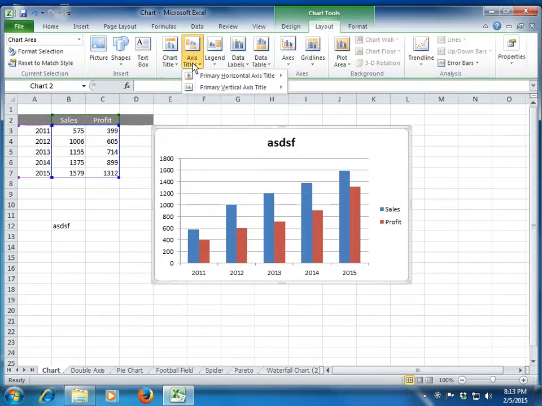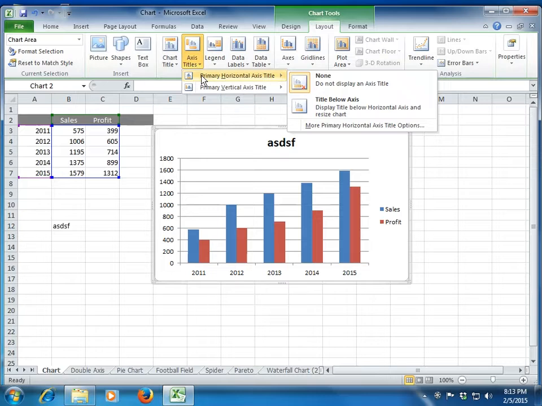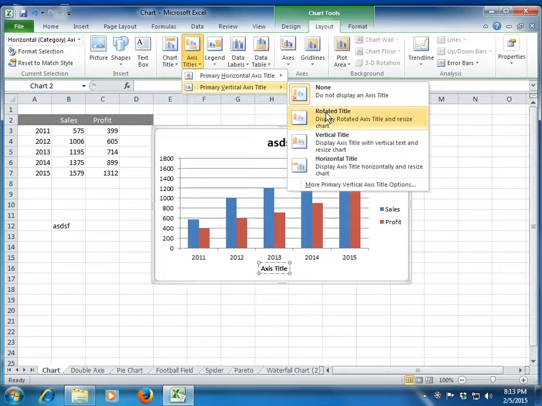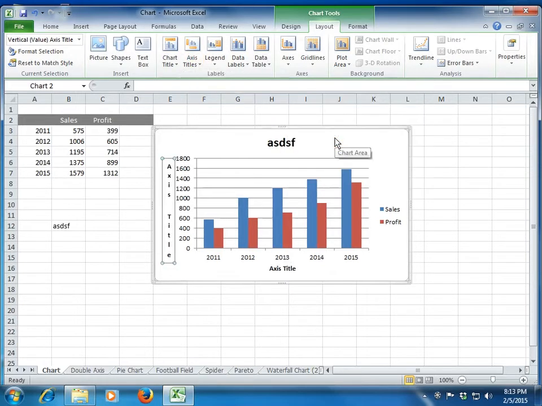So if you want to give any title to it, you can give any title, and you can also say where it should be placed, like title below x-axis, and you can again name it or link it to an Excel cell in the same way as we did for the chart title. Similarly, you can give a name to the y-axis. Clear? Okay, now as I told you, this is the legend.